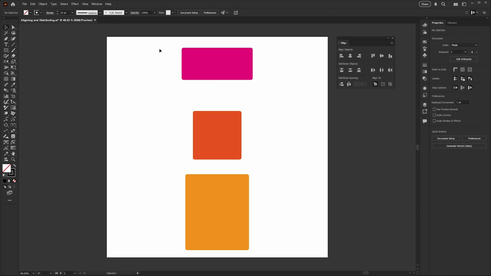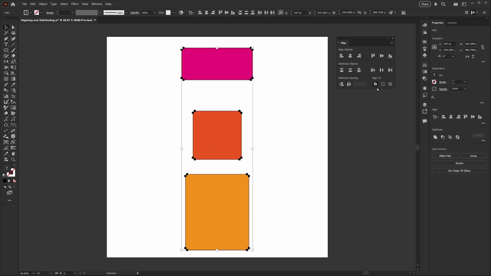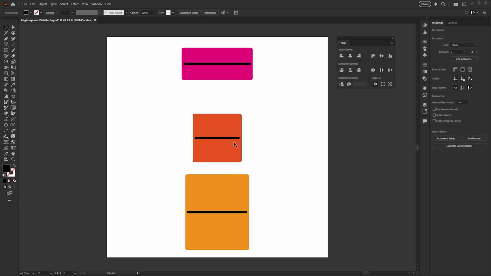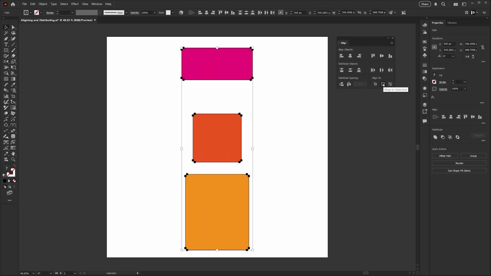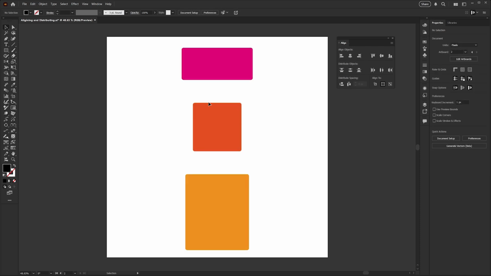And this works the same way with the other options. If I reselect my shapes here, let's go ahead and try Vertical Distribute Center. And now you can see if I highlight the center of these objects here, that they are now equally distant from each other. I find that I actually use the third mode, Distribute Spacing, more often than Distribute Objects. If you want, for example, equal spacing between each of these objects, you can select them all. Again, make sure that we're on Align to Selection. And if we click the Vertical Distribute Space button, now you'll notice that the space between the edges of your